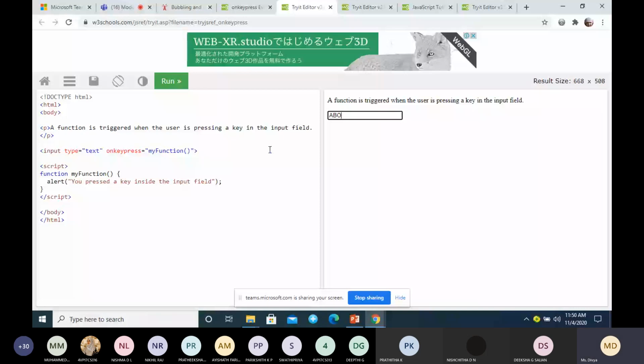Ma'am, the screen is not visible, ma'am. Even now it is not visible.